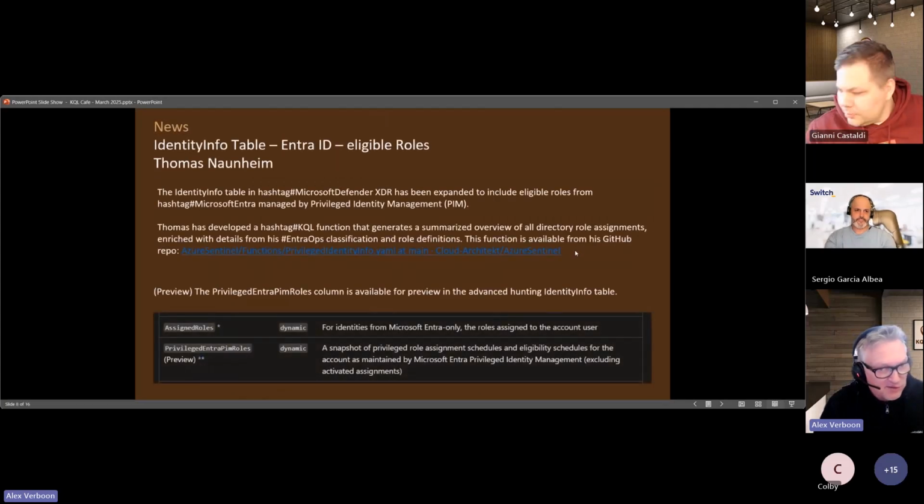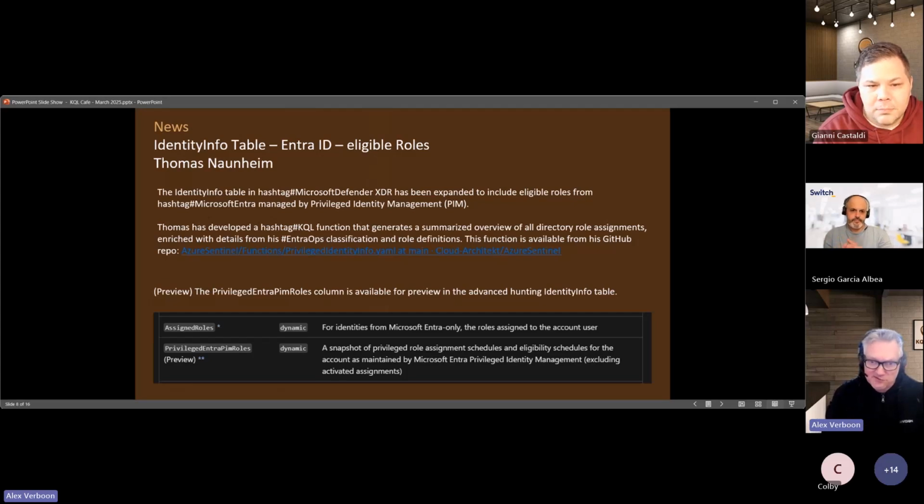Even Thomas already wrote a function that you'll find here, where he's mapping all the identified assigned roles with his framework, where he makes recommendations of what privilege level should be considered as highly privileged, etc. So if you are working in this space, definitely give this a look and save some time by making use of his function that does a lot of the mapping work behind the scenes.